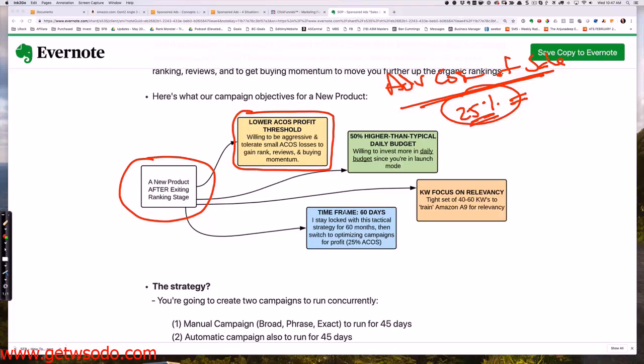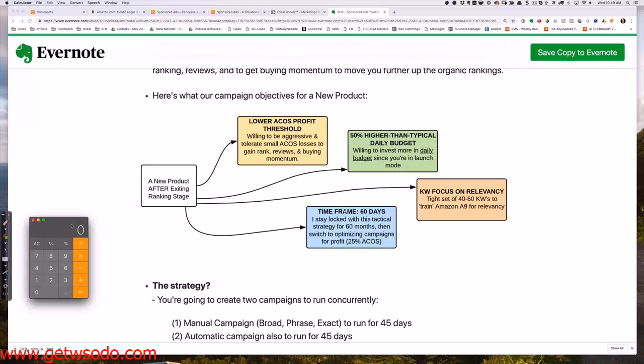So here, let me just show you on a calculator. Hopefully this will be clear. Okay, so let's say your product sells for $20, and if you have a 25% ACoS, that means $5 out of that $20 sale is what you spent on sponsored ads to purchase that sale. You know, advertising cost of sale